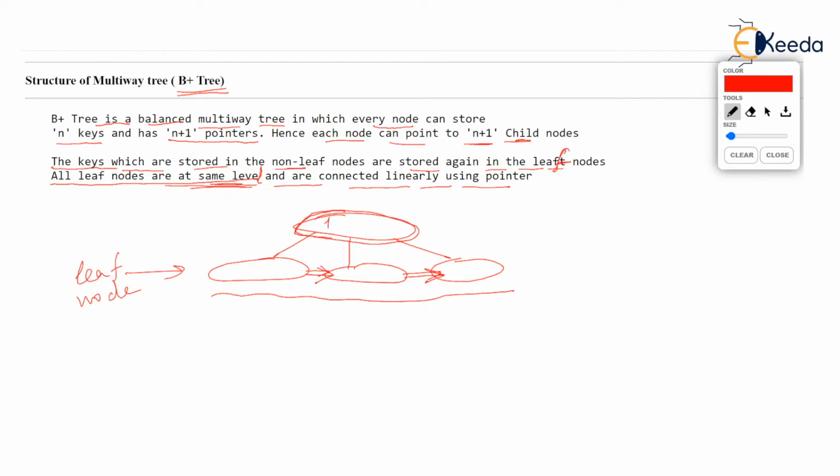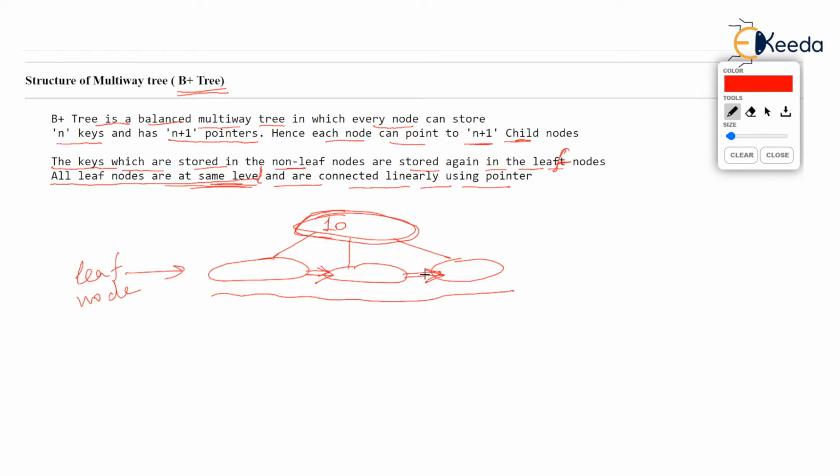Imagine that there is a key like 10 stored here. Now this 10 is a key in a non-leaf node. Then the same 10 will appear again in one of the leaf nodes. Now in which leaf node will this 10 appear? This decision is made by the programmer.